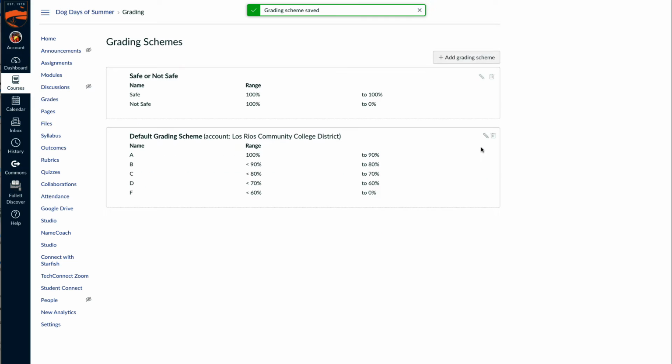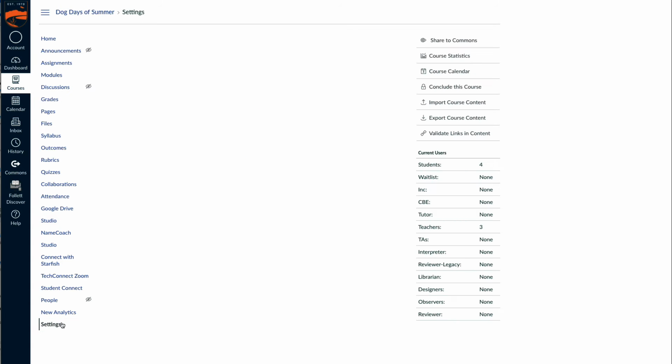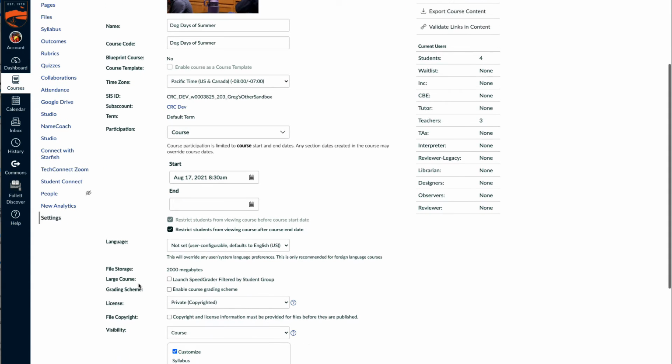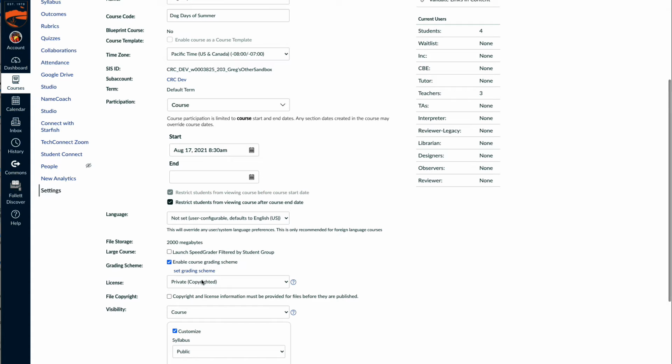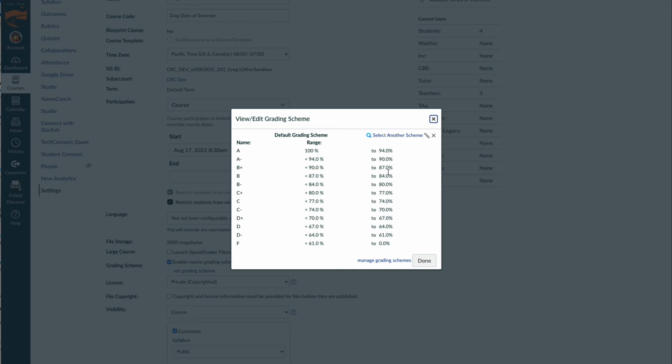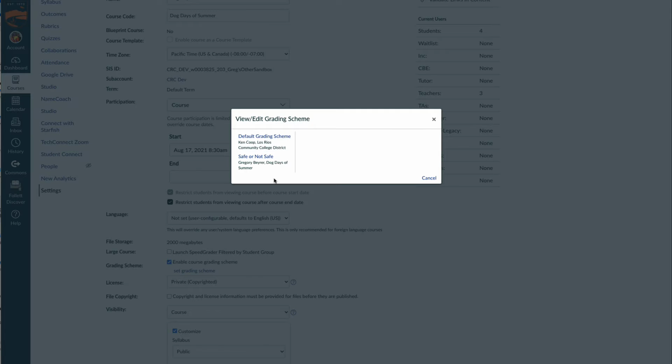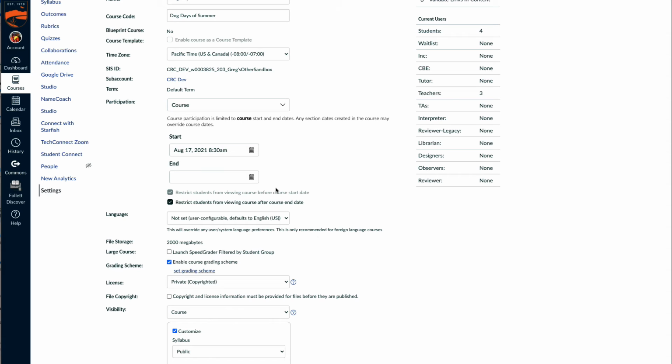and hit Save. This grading scheme is now available for the course, so if I go back to the settings page and then again select the checkbox for Enable Course Grading Scheme and then Set Grading Scheme and choose that other one called Safe or Not Safe, use this grading standard. Now in an assignment,